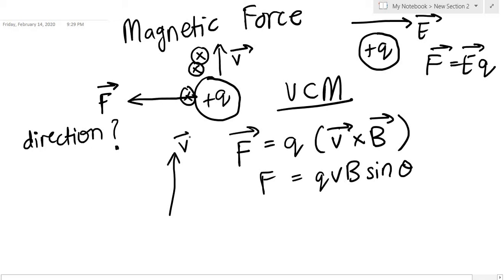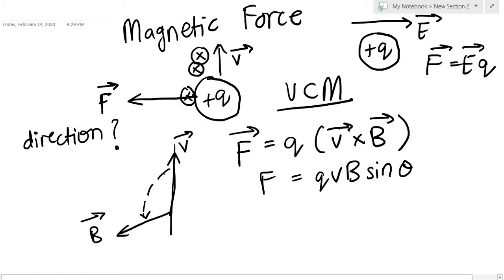You have a velocity over here, and say a magnetic field here. When it's one vector crossed with another vector, you place your right hand on the first vector, the order matters, and then you turn your right hand